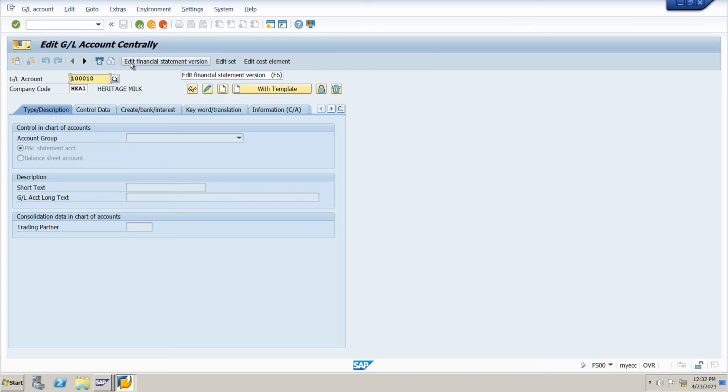Which means at a time we can't do the edit in 2 sessions. So it's already open here. FS00 is already open in one session. In another session we can't do anything in the new session in FS00. Same as FS00. So we are here.